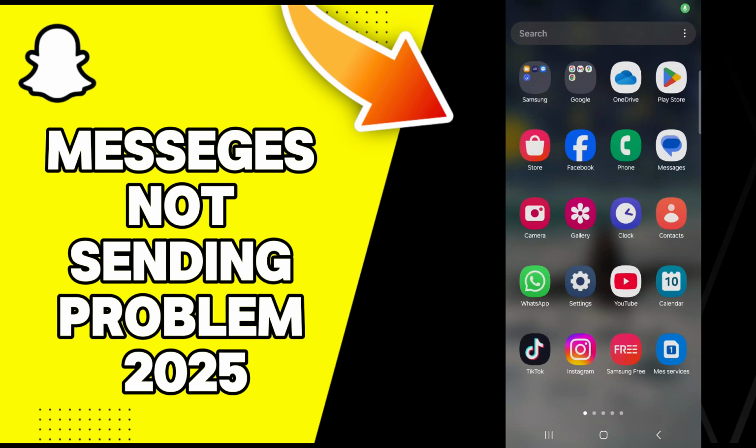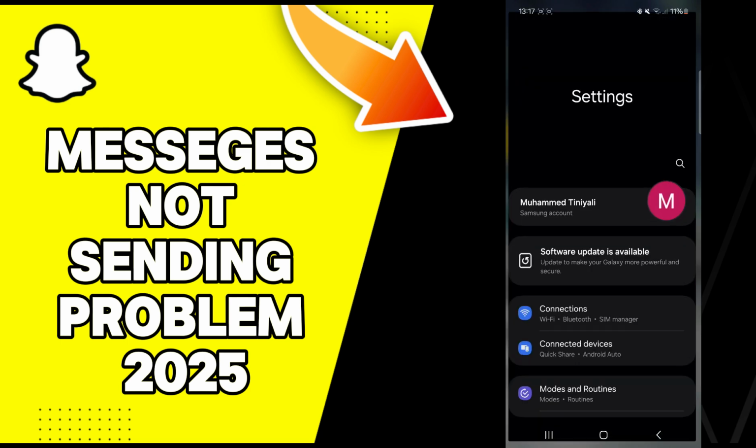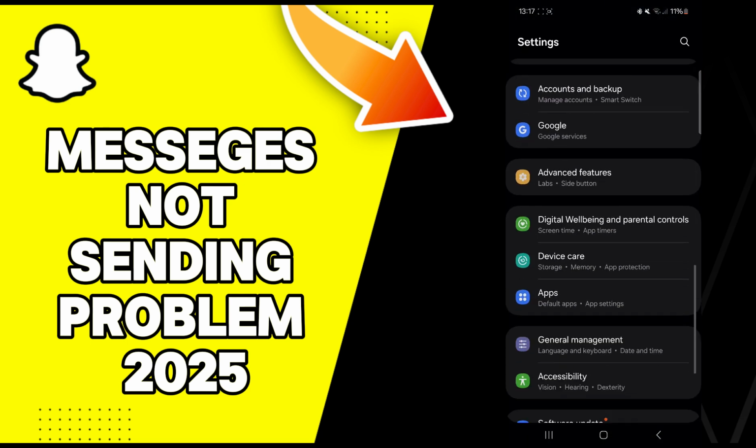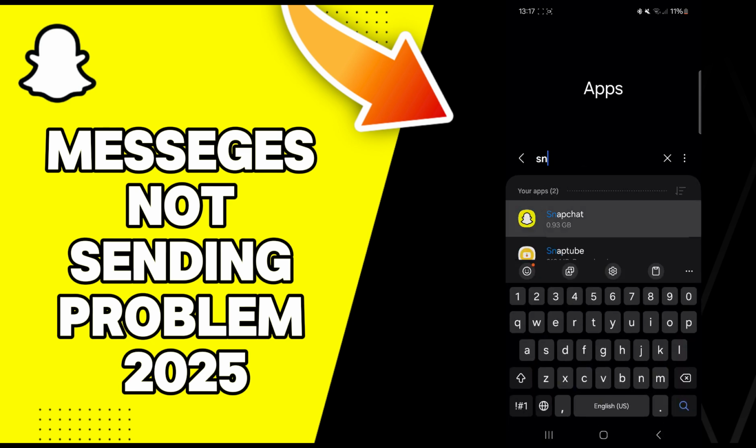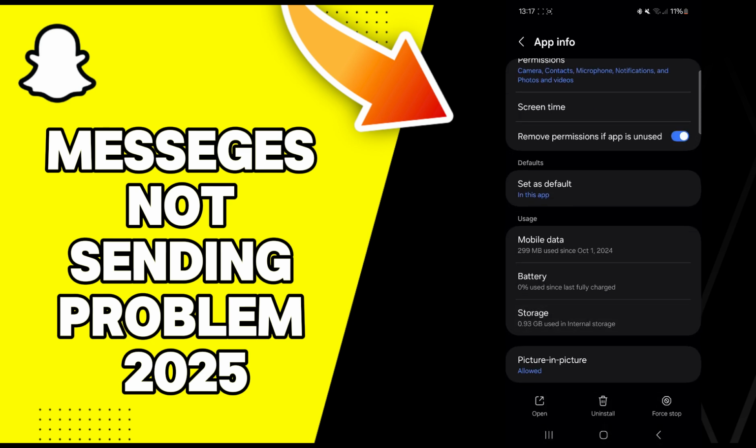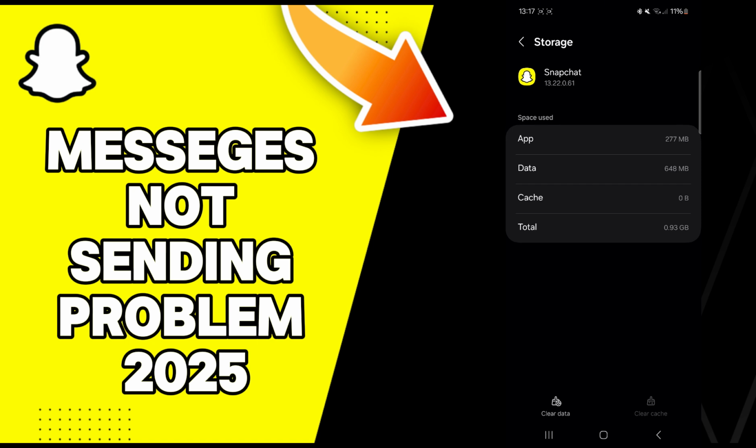Guys, in today's video, I'll talk about how to fix Snapchat's messages not sending problem. So the answer is easy. Just go to the settings and then scroll down to the apps section, and then go to the search and search Snapchat. And next go to the storage, and here you will find this clear cache option. Click on it. Now you can go check if it works, and if it didn't, you can try to